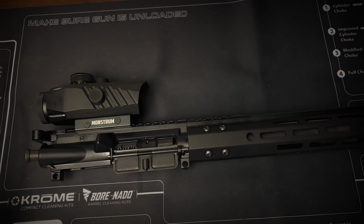Alright, we are at the table here, and we're going to talk about this optic. So this is the Marksman, a 3x30 Prism scope from Monstrum Tactical. As far as features go, similar to the other one we showed in another video, here is your windage adjustment, here's your elevation, and then you have your dial for the illuminated reticle. Compared to a lot of them, this has both green and red indicators,